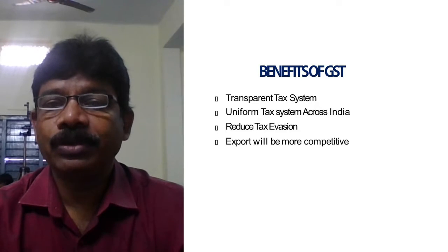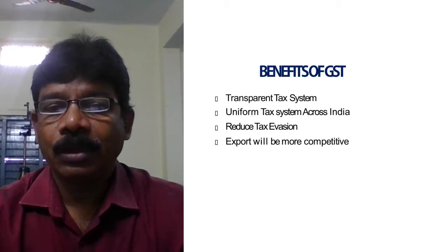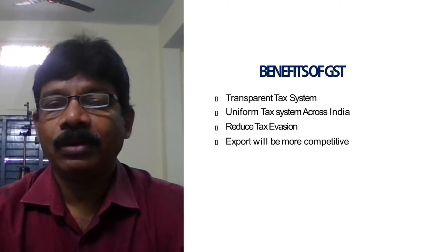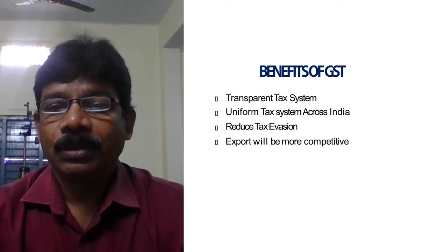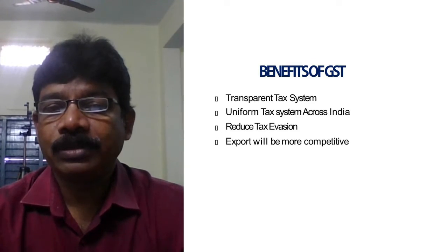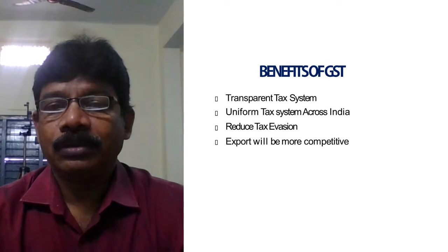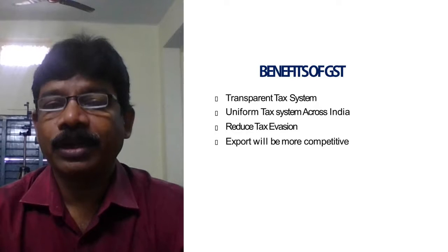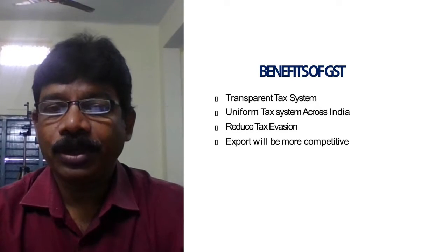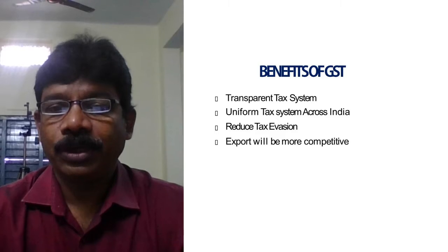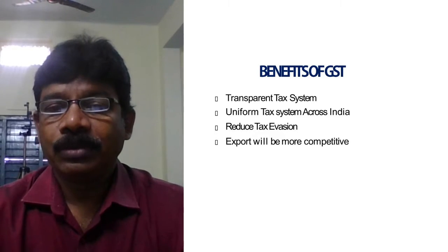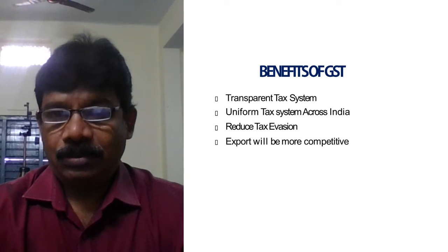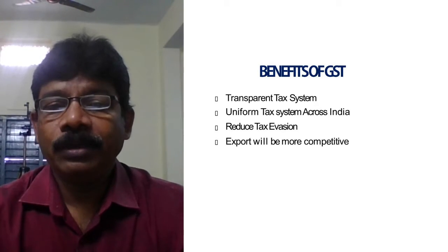Whenever the GST was introduced, government and all our operators, stakeholders, they have to come into the computerized system. E-way bill is there, GSTR returns are computerized, invoices are computerized. A 15-digit GSTIN number is allotted to the trader. Overall system made into computerization for reducing the tax evasion as well as uniform tax system across India.